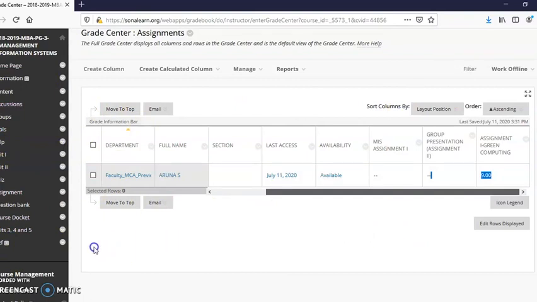So far we have seen how to upload the content. The content may be in the form of a text document, PDF, video, audio, whatever it might be, and how to add assignments.